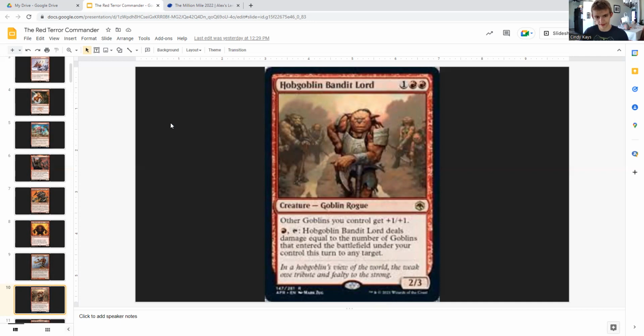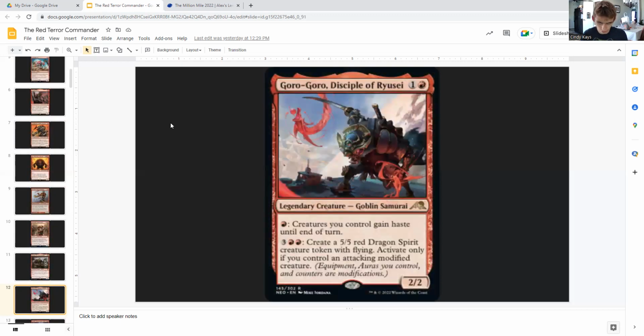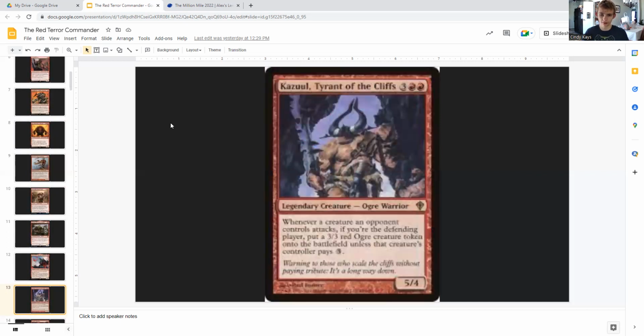Can end up dealing a lot of damage to a target within a turn. Grand Coffin, Street Kingpin, to make even more goblins. Goro, Disciple of Raizu, to give our creatures haste and to make 5/5s with flying. Kazul, Tyrant of the Cliffs, to